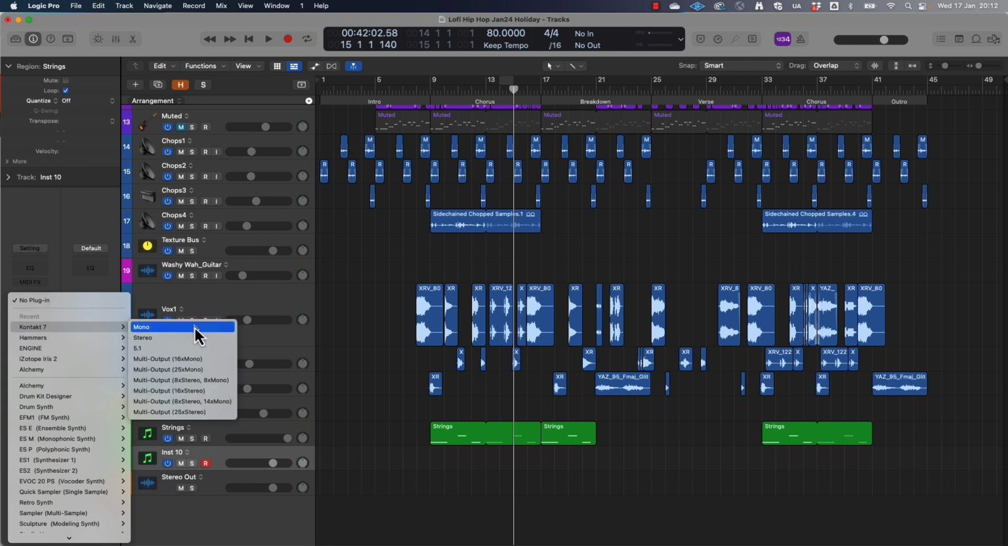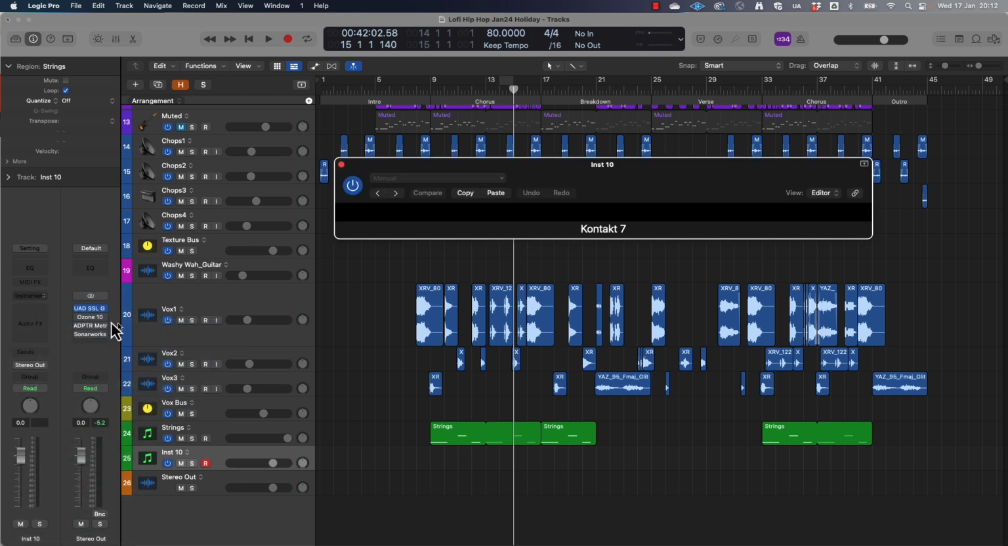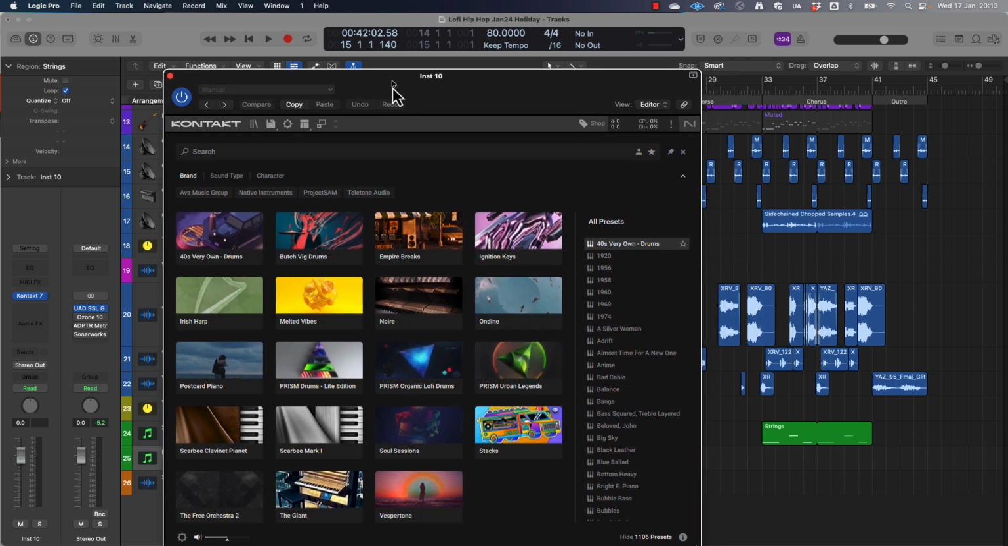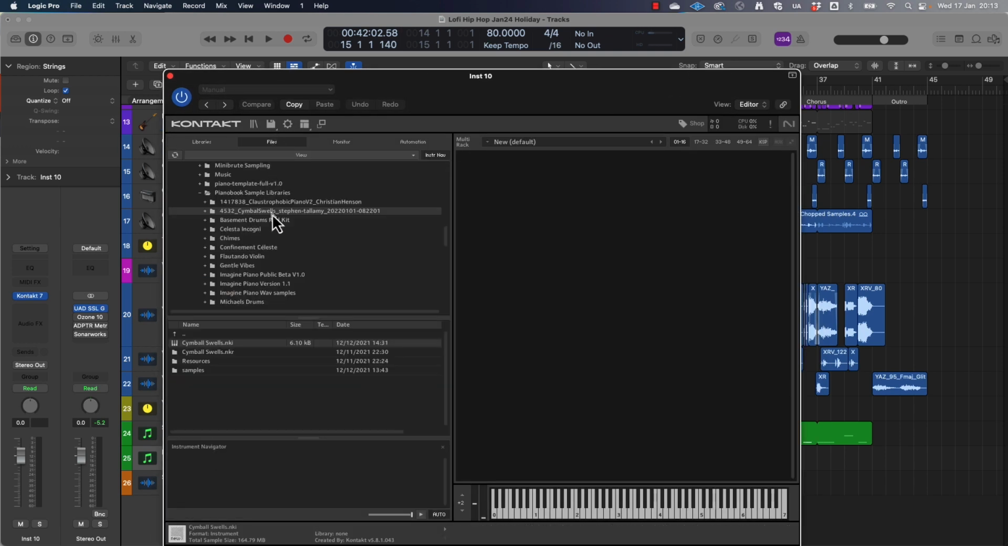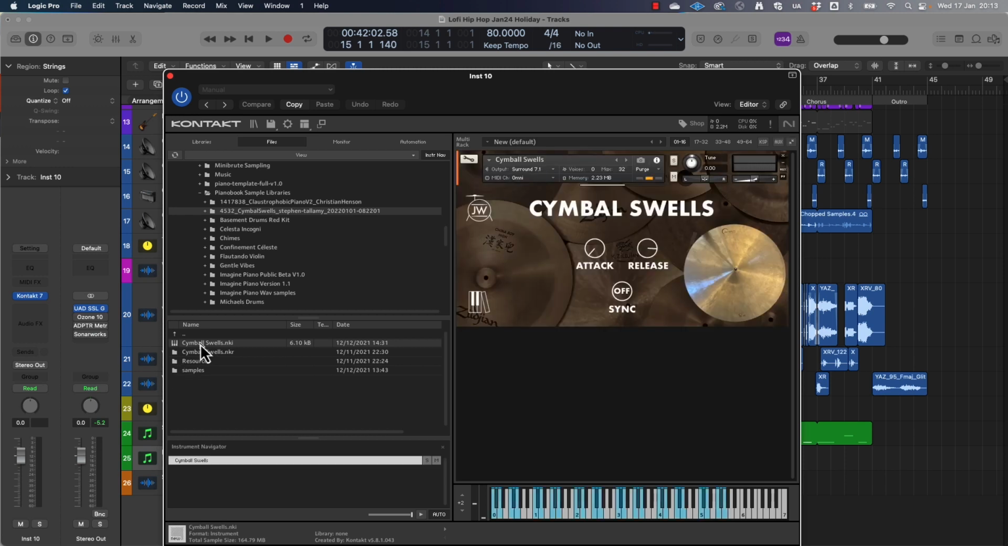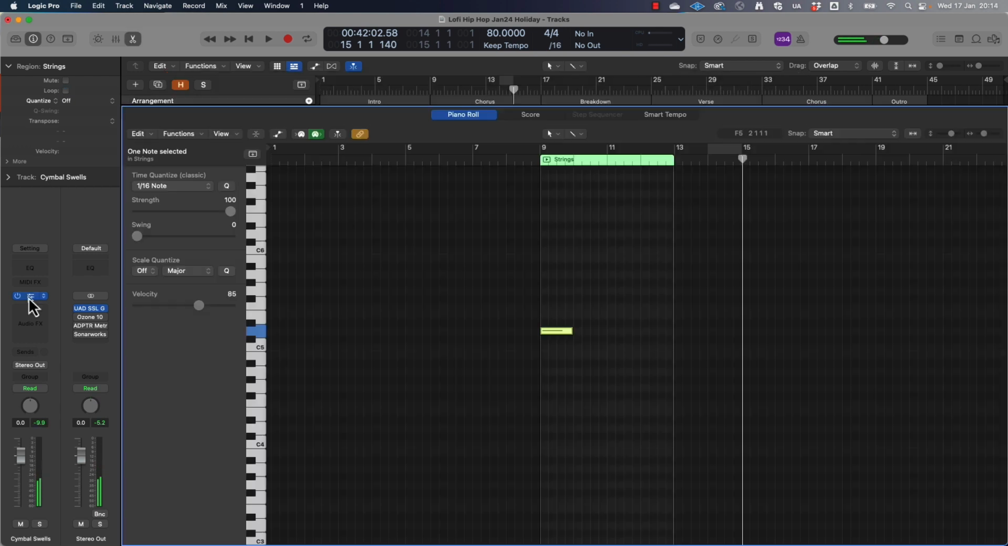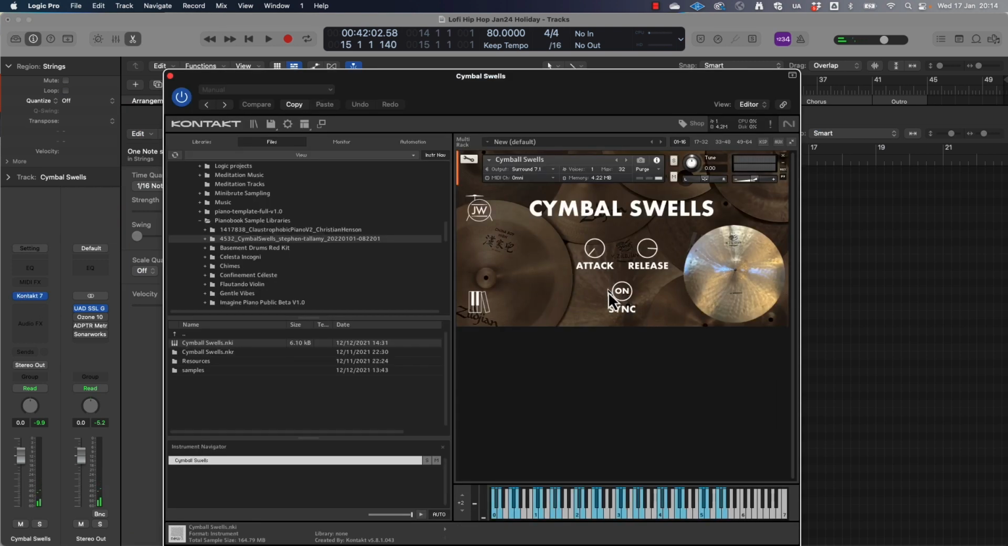And this is a free sound library for Kontakt, which you can get through Piano Book. So if I just load this up, it's called Cymbal Swells. And this is by Stephen Talamy. So if you want to check out his profile on Piano Book, you'll be able to download this for free. It's just a collection of cymbal swells. So if you actually switch it to sync, then it should sync to the tempo, but you just need to find the right place to start